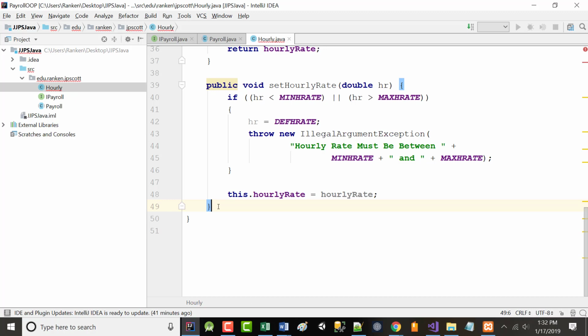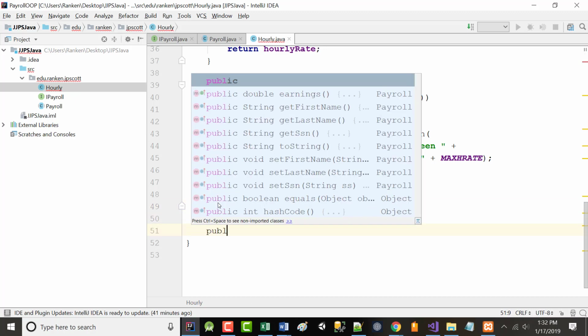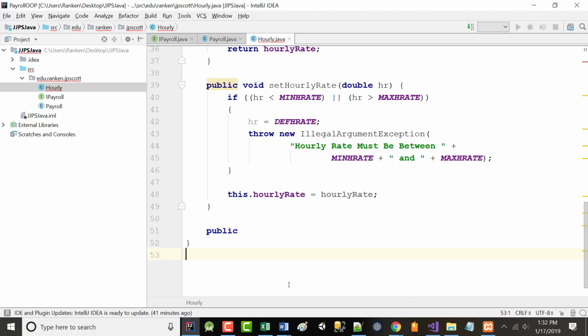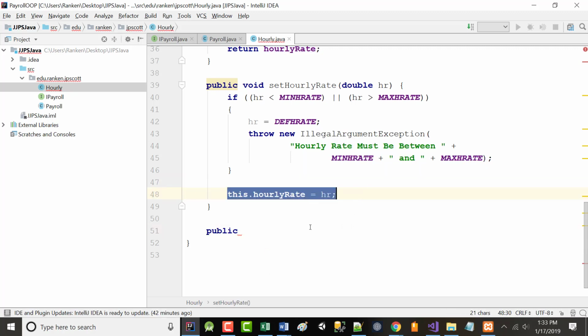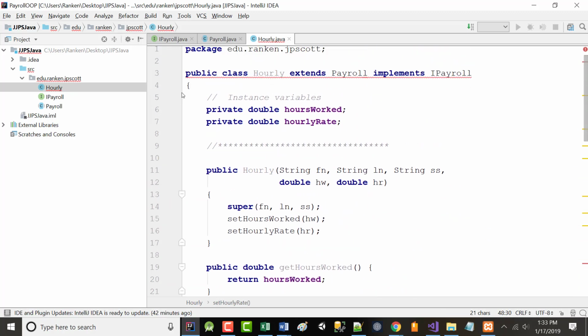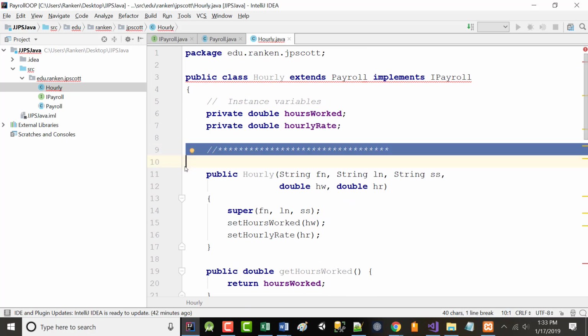So, almost done, almost ready to take a break, but first, yes, it should be hourly rate, and that should be HR. Thank you. Yeah, change that line right there. And because, again, I'm a little nutso about this,